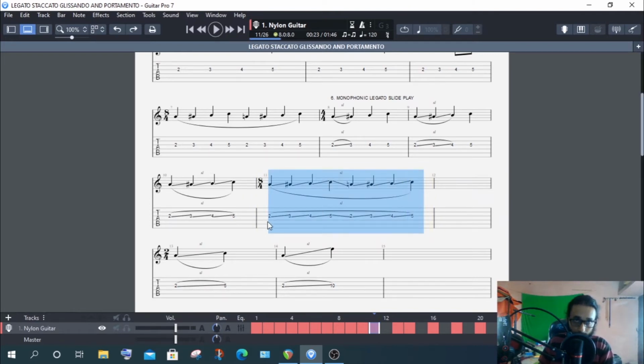Only this note is plucked, and then we simply slide to all these notes. We don't pluck any of these notes. We only pluck this note, and then we simply slide, and all that sound will be played with the sustain of the sound which we get from this note when we pluck and slide. But